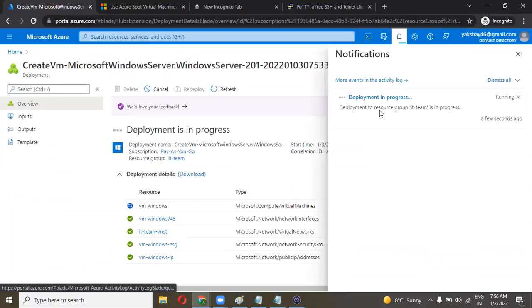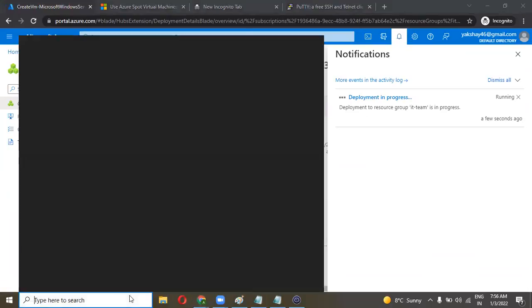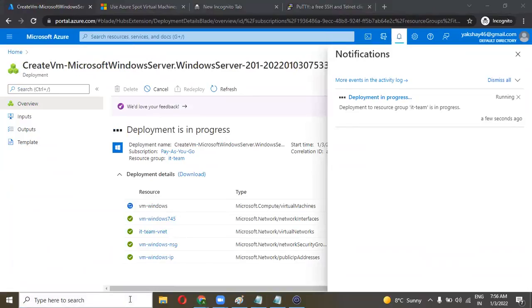Deployment is still in process. Okay, so let's understand the custom script extension in the paint, how it works.